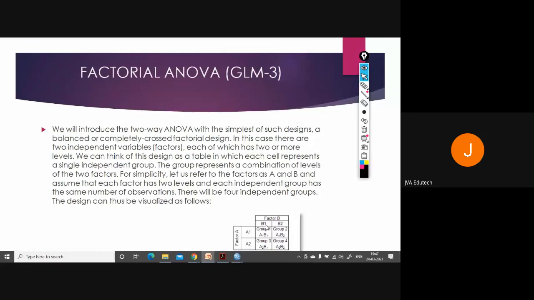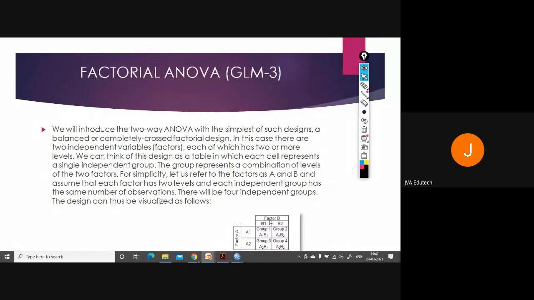Previously we had one independent variable divided into two or more groups. Here you have two independent variables where each independent variable is further divided into two more groups. So we can think of the design as a table in which each cell represents a single independent group, and the group represents a combination of levels of the two factors.